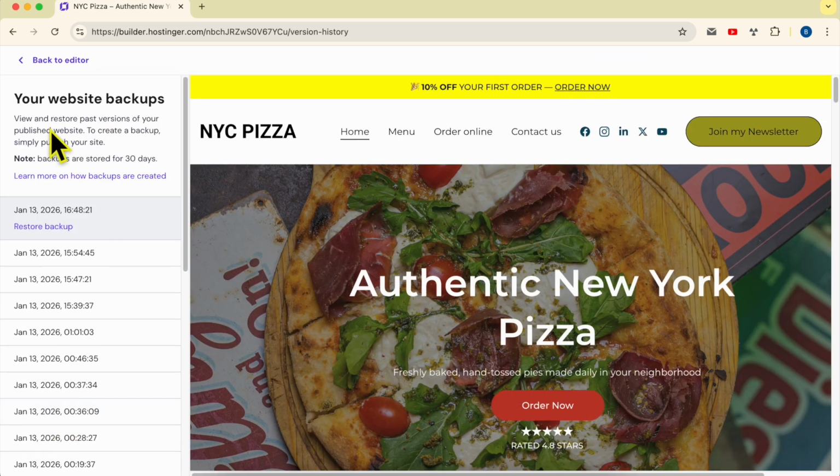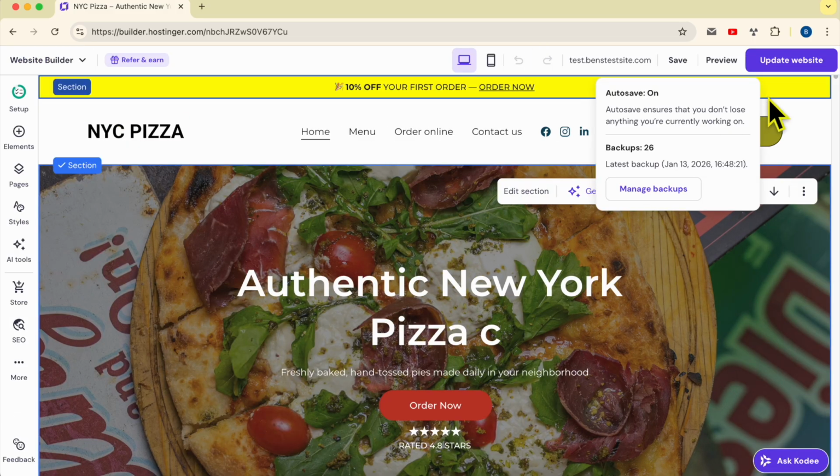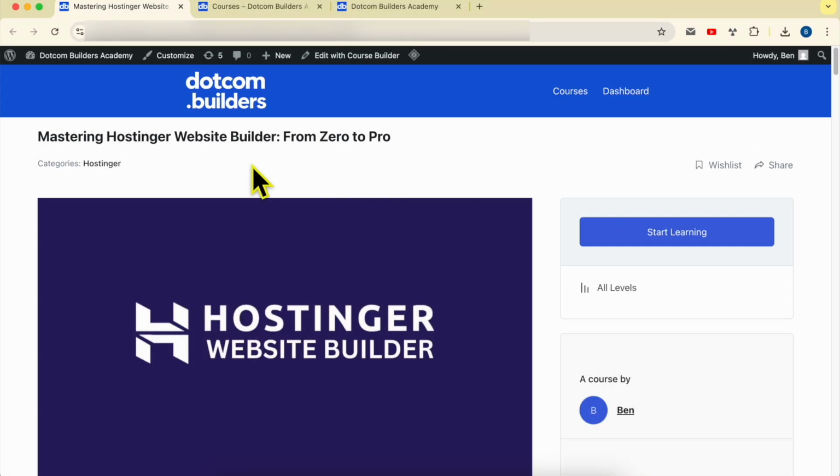You will see this new menu, and as you see, view and restore past versions of your published site. To create a backup, simply publish your site. How to do this? It's simple. Let's go back to the editor. When you click on this Update Website button,